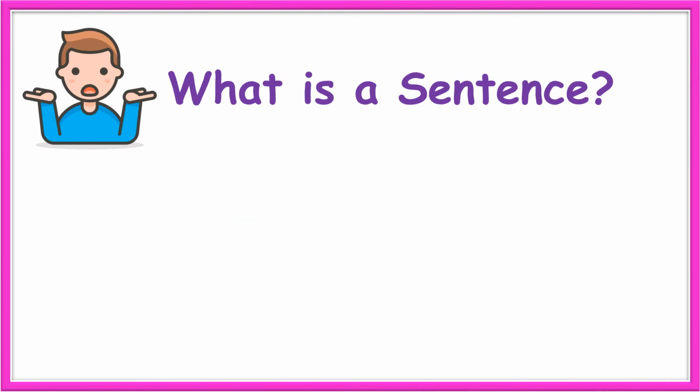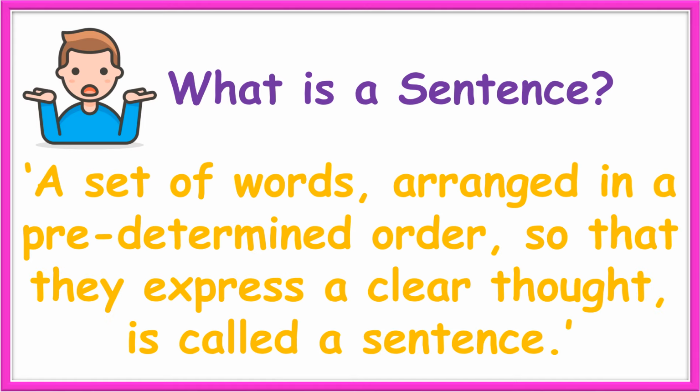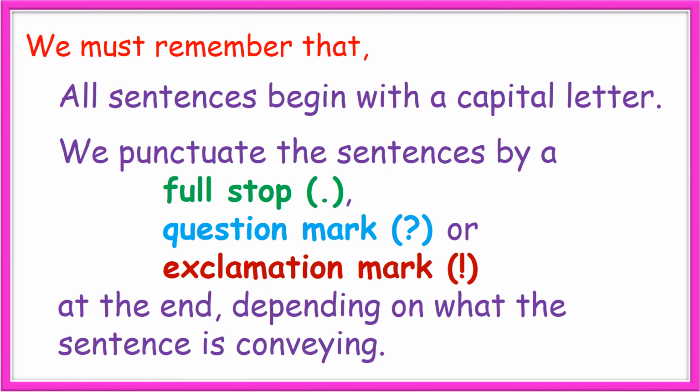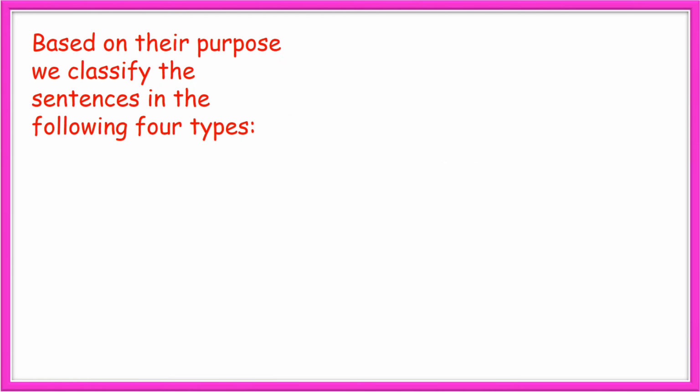Based on what we have learned, let's define a sentence. So, what is a sentence? A set of words arranged in a predetermined order so that they express a clear thought is called a sentence. We must remember that all sentences begin with a capital letter. We punctuate the sentences by a full stop, question mark, or an exclamation mark at the end depending on what the sentence is conveying. Based on their purpose, we classify the sentences in the following 4 types: